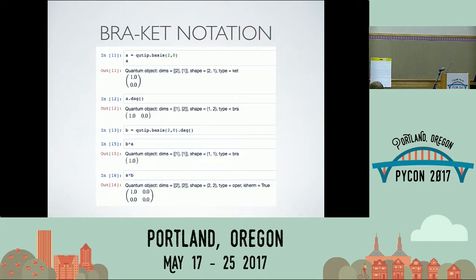If you want to take what would be called the dot product in linear algebra, that physically represents the overlap between two states in quantum mechanics. Essentially the probability, if you start out in one state, of measuring the particle in that same state, you would take the dot product, or in this case B times A, and you get 1. So those overlap completely.